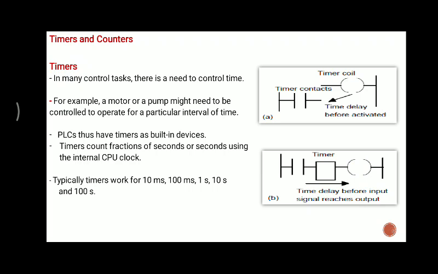So that is the time delay. There are two ways to show this timer: you can use it in another rung, or you can use it in between the rung, between input and output. These are the different positions to use a timer.